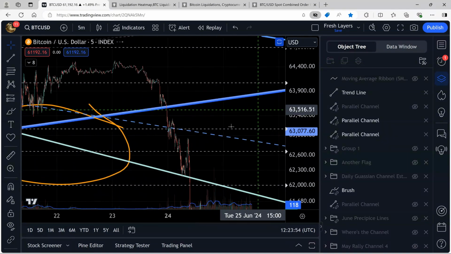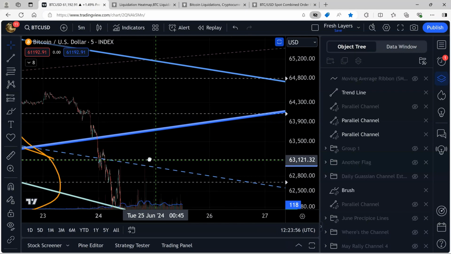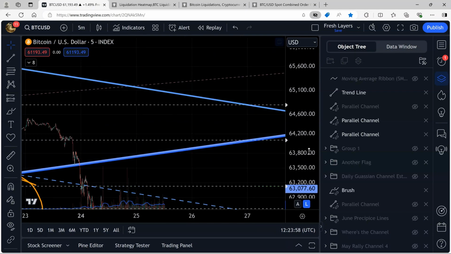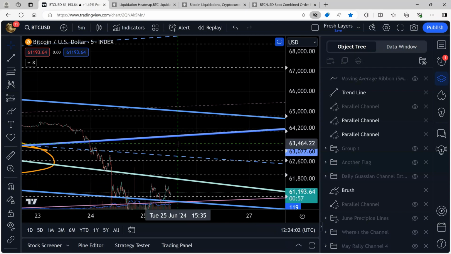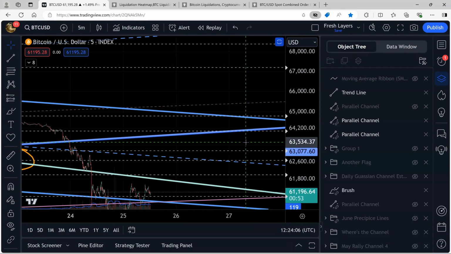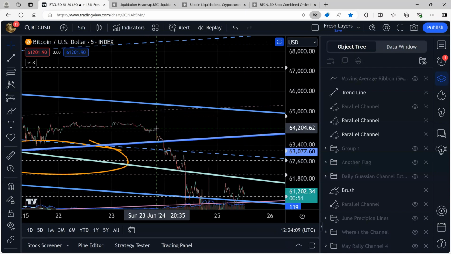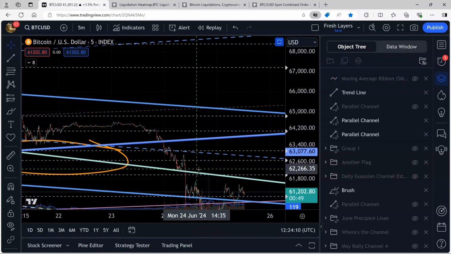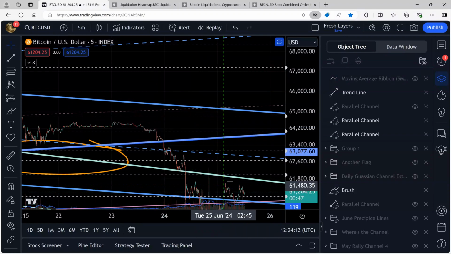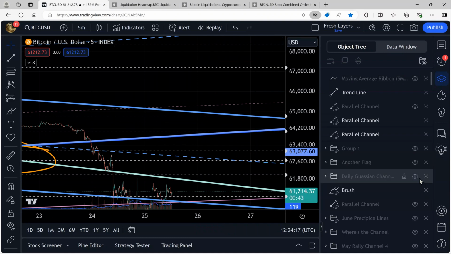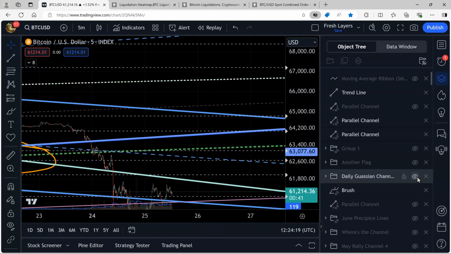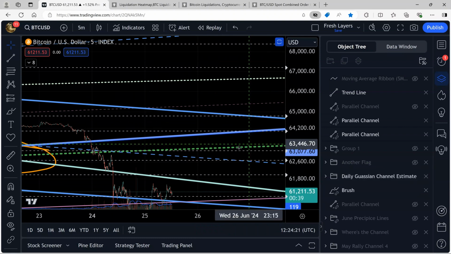Anyway, you won't really know any of this stuff unless you have a chart drawn like mine that has these channels on it, because things change rapidly, as you can see, as they've changed from here. This was all a bunch of bullshit. Our Gaussian channel is up here, as well as our